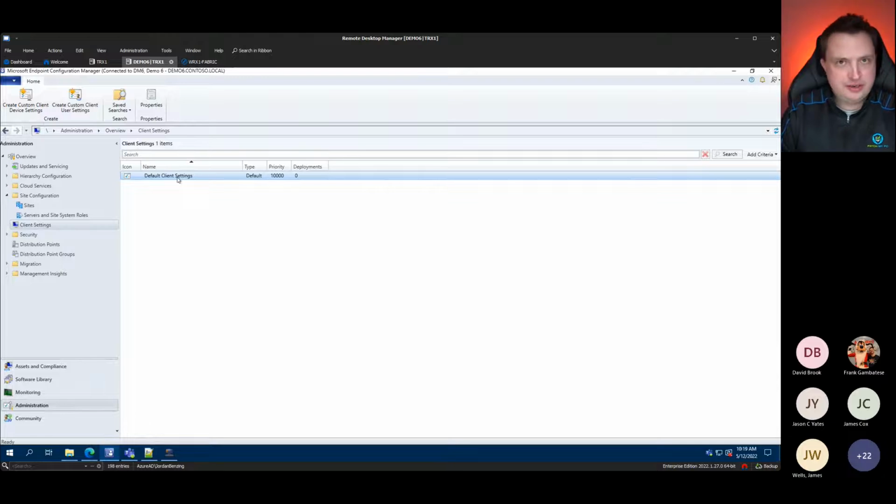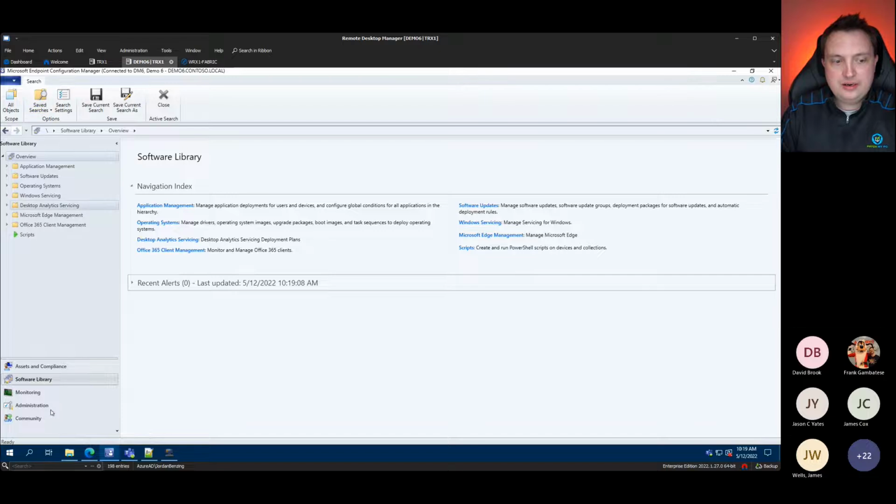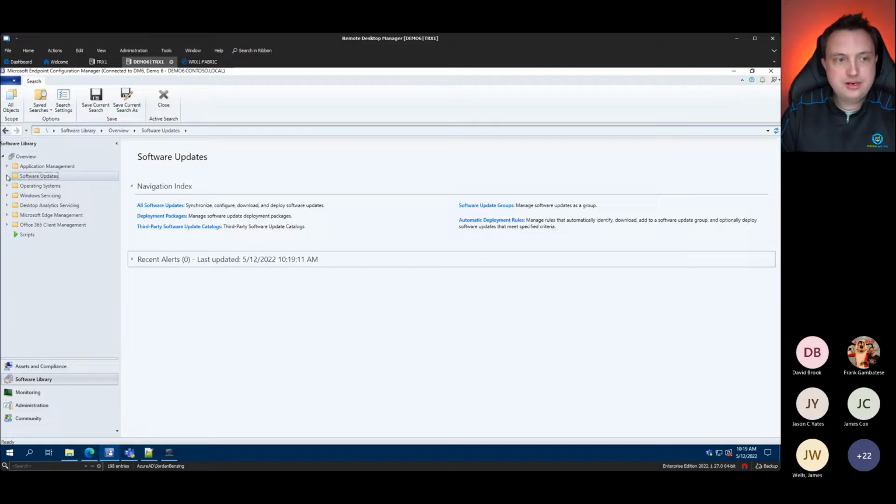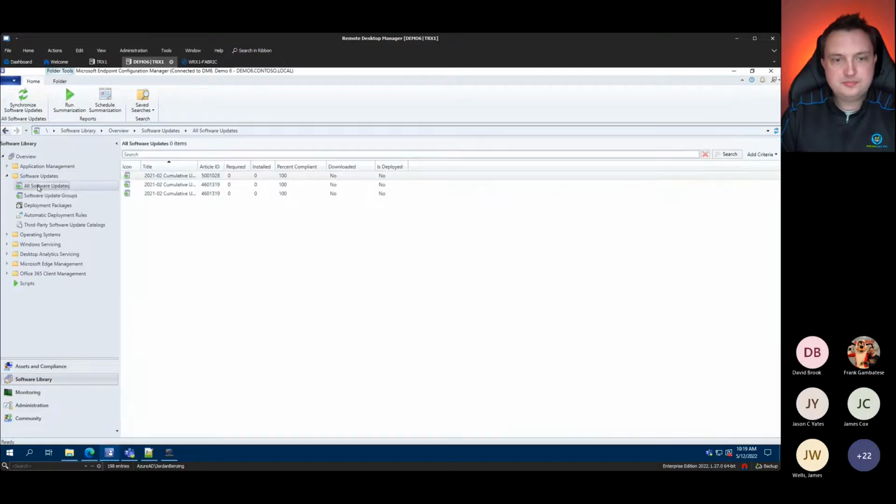I mean, efficient Configuration Manager admins. We're never lazy, only ever efficient. And just let Config Manager do its job and automate my problems away. So if I pop up here, the Software Library, and I go to Software Updates and All Software Updates, you